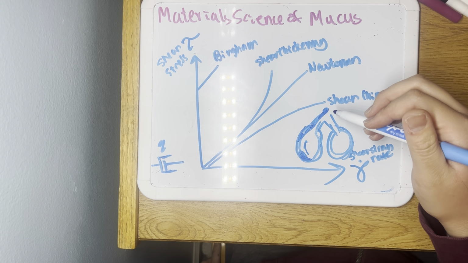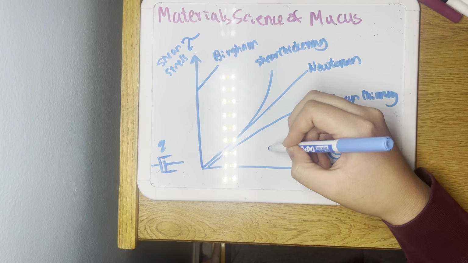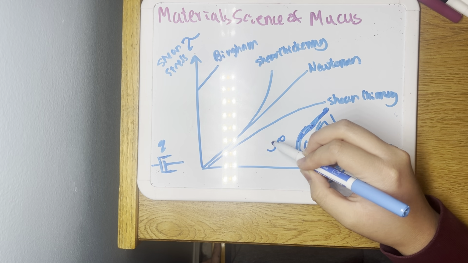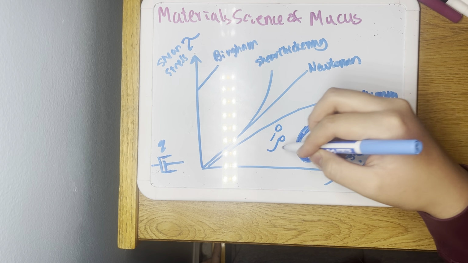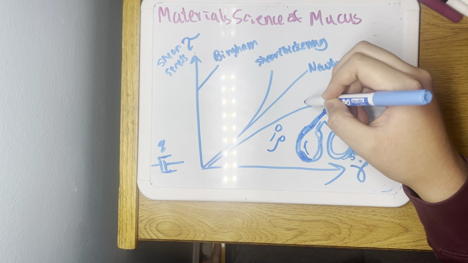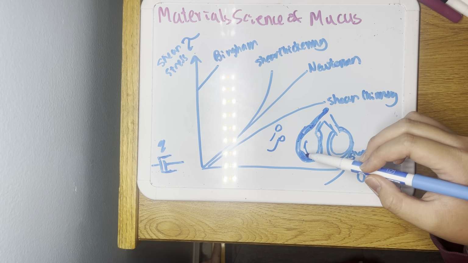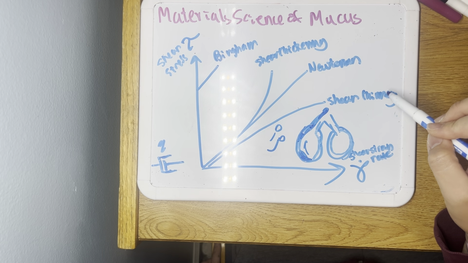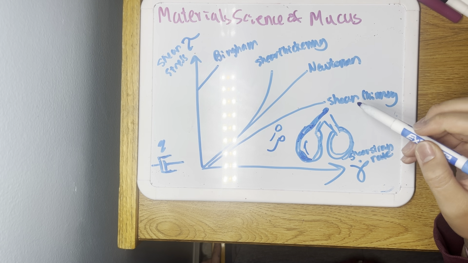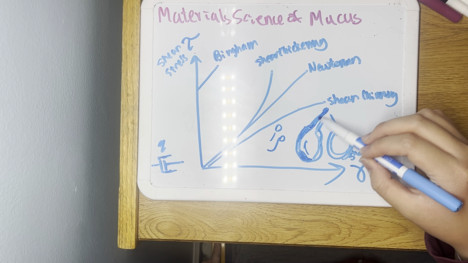That's kind of when you're sick though. Normally your mucus, there are these cilia cells that constantly move the mucus upwards, right? It constantly gets moved upwards and then you swallow it. But when you're sick, a lot of this mucus builds up in here and you have to actually cough it out. And the shear thinning is important for that because the mucus is able to thin while you're